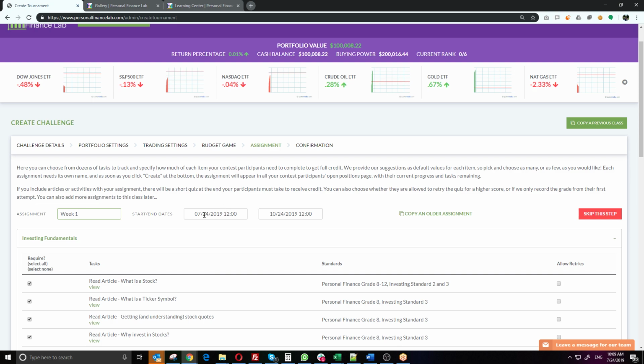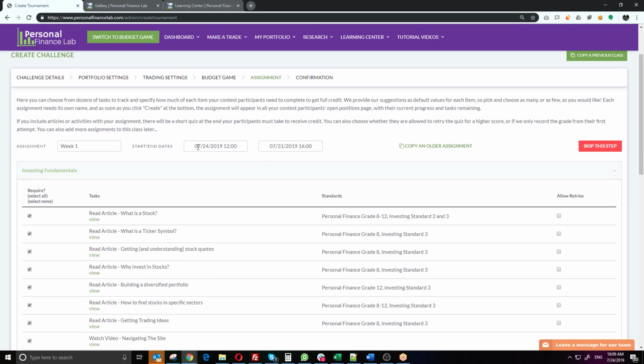So you choose your own start and end dates, and like I said, you have a lot of granularity here. You can choose the exact minute that it's due. Since this is a 1-week assignment, I will have it end next week at the end of the day. So I'll show you that the students are going to have a countdown showing how much time they have left